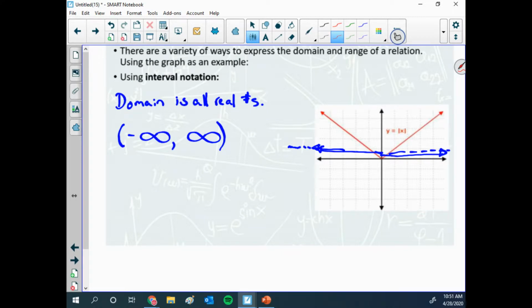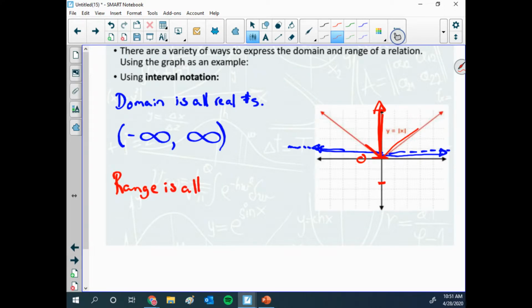The range. What's the lowest possible value this graph could be on the range? Can I be a value down here? No. We're going to assume that this graph touches 0, and then it bounces back up the other direction. So here's 0, and then it's all the numbers above, or we would say all the numbers greater than that value. So the range